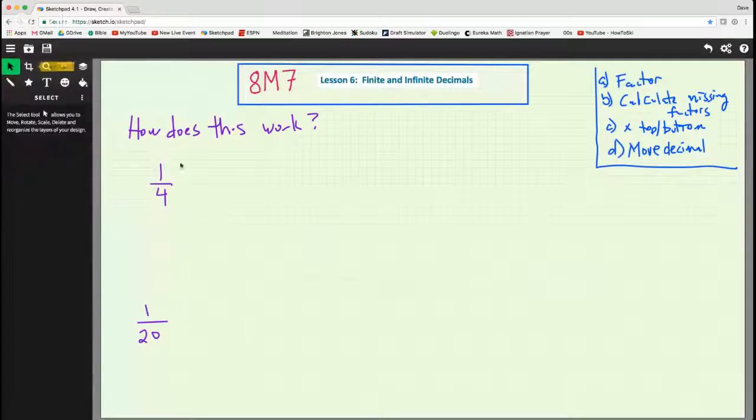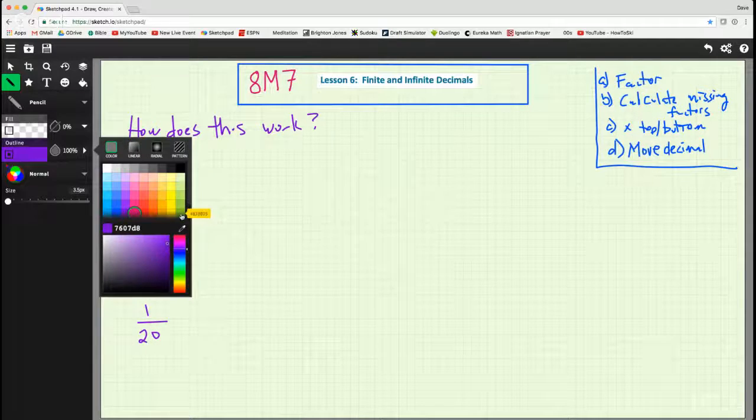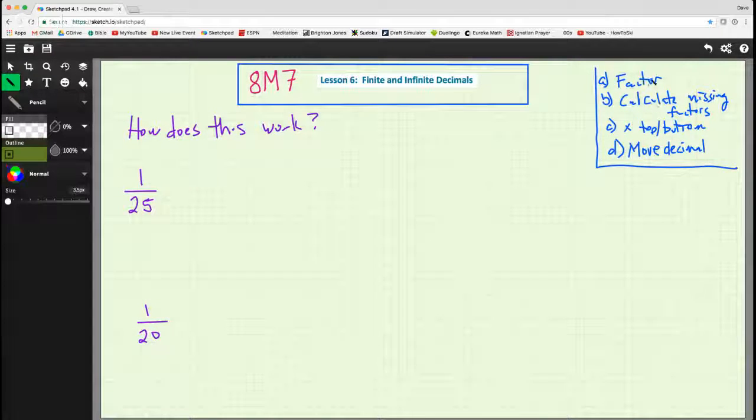Uh-oh, our example is 1/4, and we just did 1/4. So instead, let's do 1 over 25. Okay, we'll do that one. So let's do it in green. Okay, so we're going to factor. Here's the shortcut. Factor, calculate the missing factors, multiply top and bottom by the missing factor, and then we're going to move the decimal. Okay, so let's do that. So A is factor, so that's 1 over 5